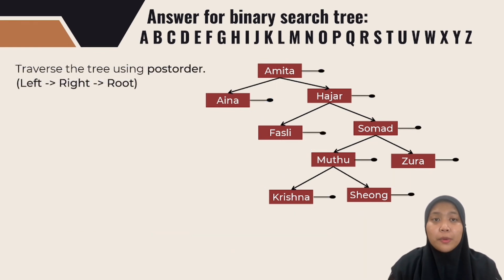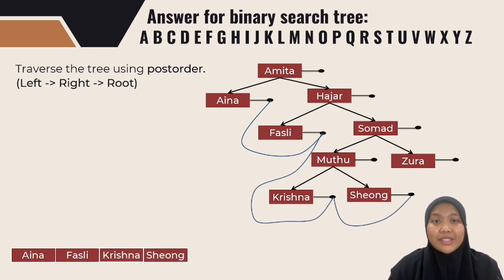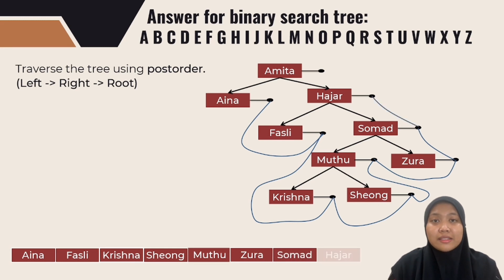Traverse the tree using post-order. Post-order starts with the left, and then right, and then root. Start with Aina, and then travel to Fasli, travel to Krishna, travel to Xiong, travel to Mutu, travel to Zura, travel to Soman, travel to Haja, and the last travel to Amita. The final answer for post-order is Aina, Fasli, Krishna, Xiong, Mutu, Zura, Soman, Haja, and the last one is